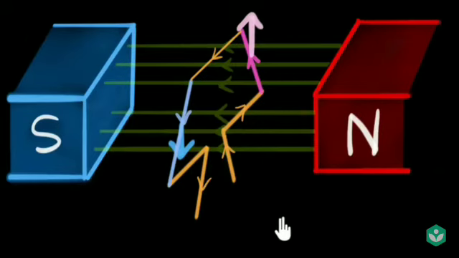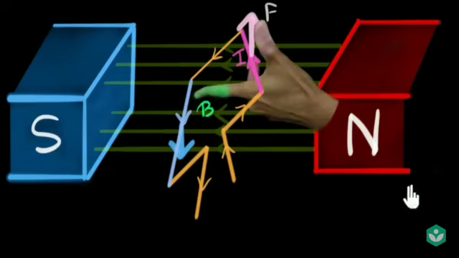Well, again, let's bring our left hand. So to reverse the force, say over here we want the thumb to point downwards, and now there are two ways to do that. One, we can reverse the forefinger, that is the magnetic field, keeping the current the same. That's one way to do that, but we will not do it because flipping the direction of the magnetic field is not all that easy. We have to change the poles and we cannot do that automatically.